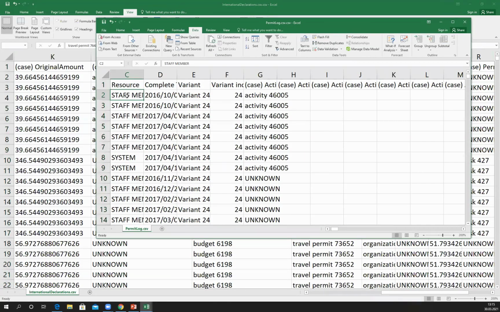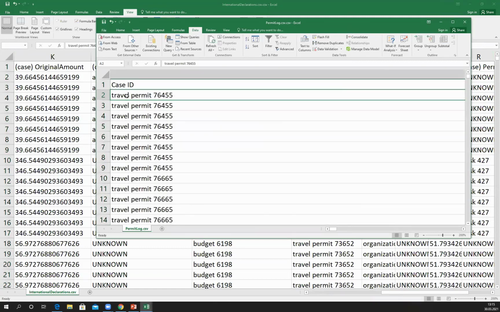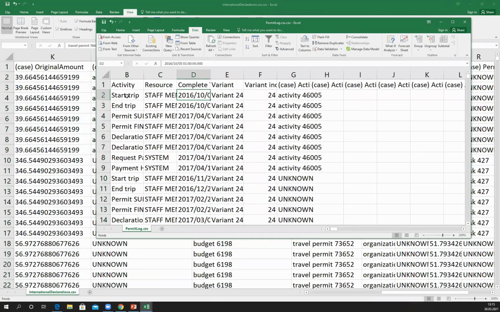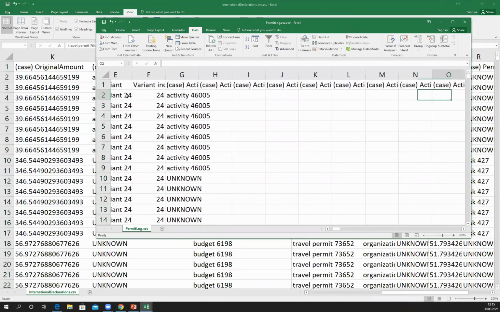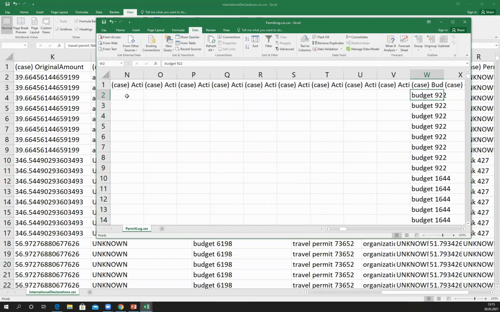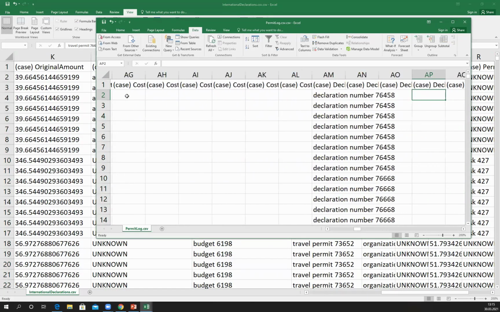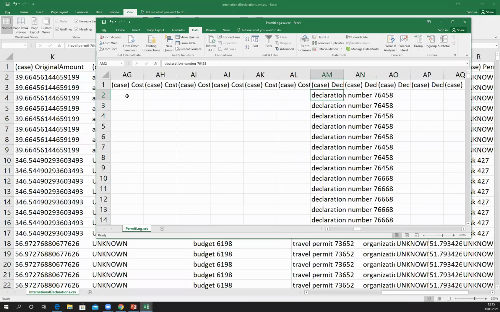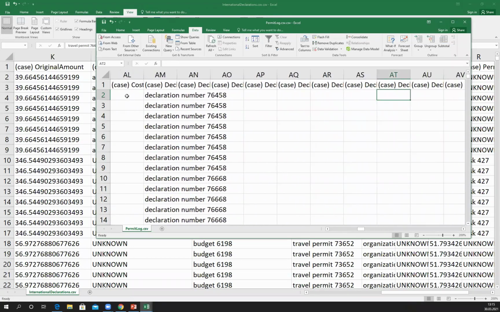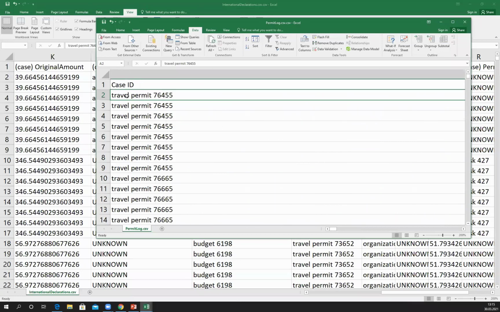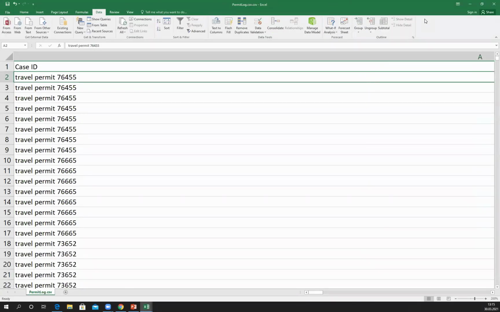So, okay, in this table, for every travel permit, you see when it was completed, what activities were performed to approve it, and from where the budget comes, possibly. And then it's also linked through the declaration numbers that have happened to this case. So if I want to get the end-to-end view of a business trip, so if I want to see the whole process from the moment you